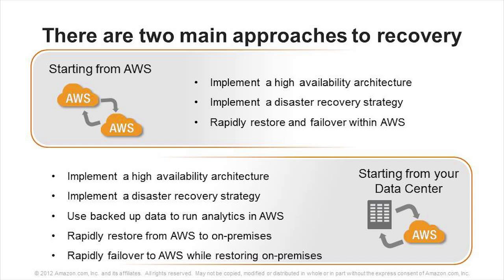Now, one really cool thing that some of our customers have learned when they implement this model, they say, well, now that we have the data up and running inside of AWS, what else can we do with it? One thing we often hear is, well, I can start running some analytics in the cloud. I can spin up a whole bunch of EC2 instances. I can maybe run an Elastic MapReduce job and do large-scale parallel processing. It's actually a really good eye-opener for people when they start to think about, now that I have my data in the cloud, what else can I do with it now that it's there?